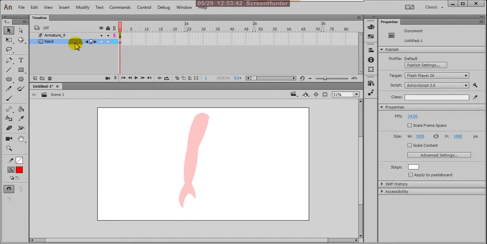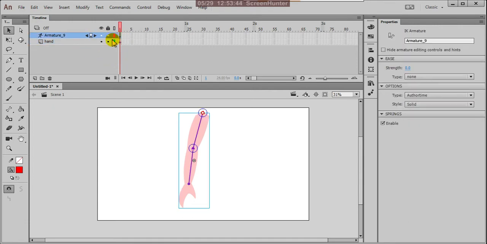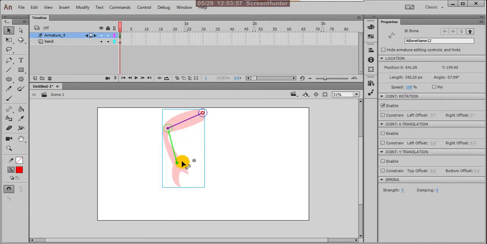Now you click on that, and by using the move tool you can move your hand flexibly, so we can animate nicely. But when you bend this, the skin is crushing inside. To avoid that, we have to apply constraints. 360 degree rotations are not required here.